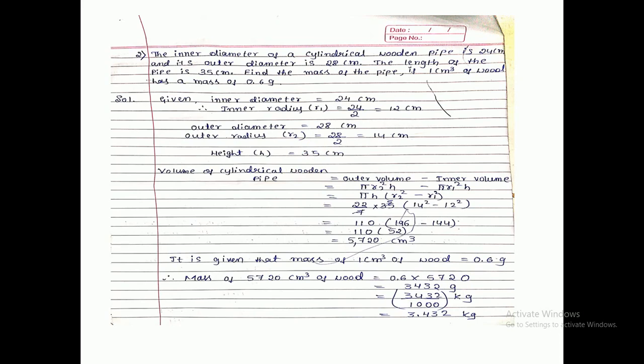of the pipe actually? So here thickness is there. For that, inner diameter is separate, outer diameter is different. So then how to find out? Just complete outer volume minus inner volume. First we have to find out the outer volume. From that outer volume, if we subtract the inner volume, then the remaining will be the volume of the cylindrical wooden pipe. Got the idea?